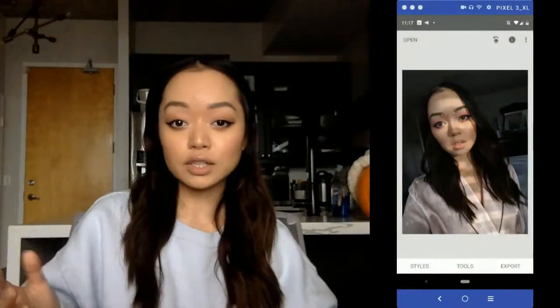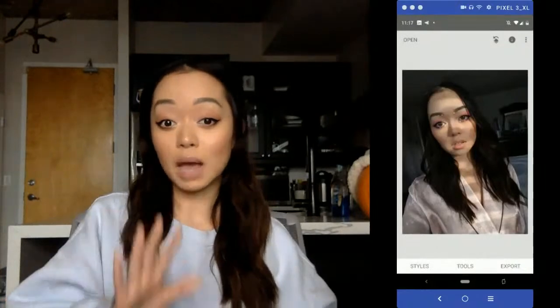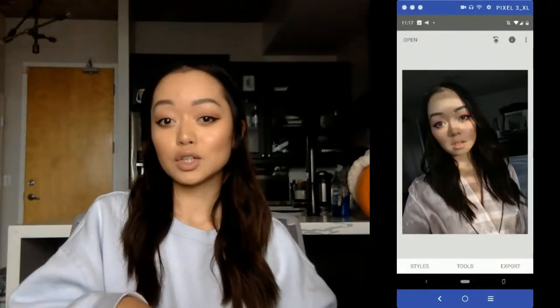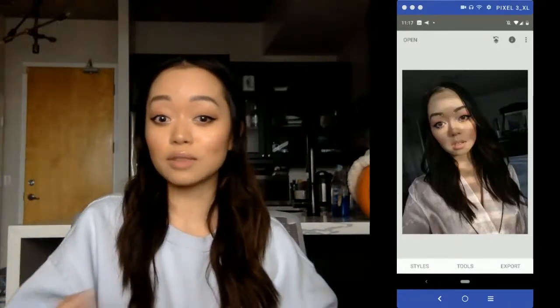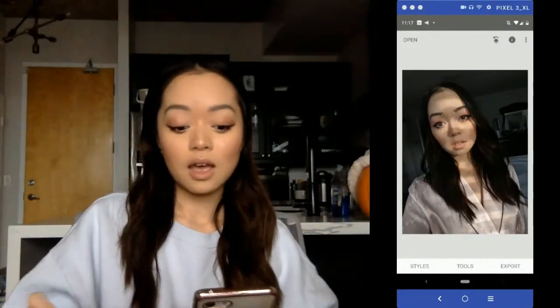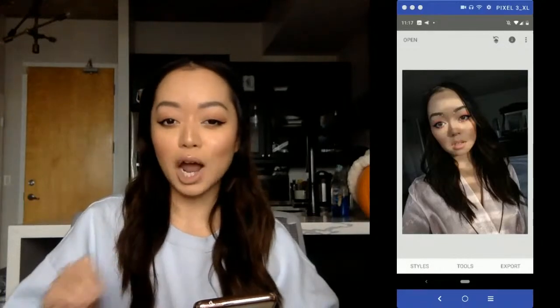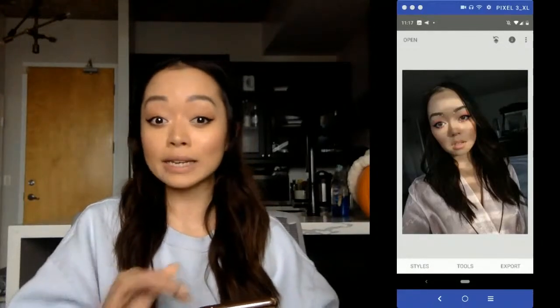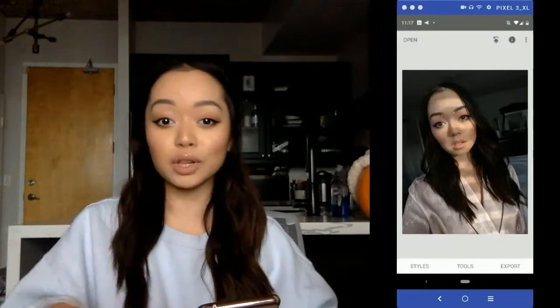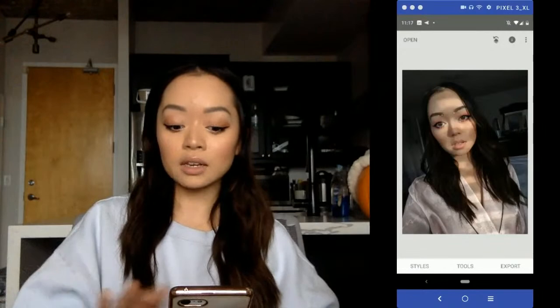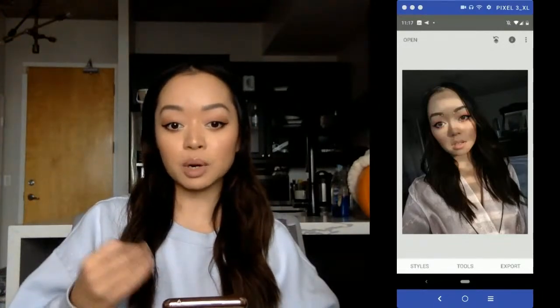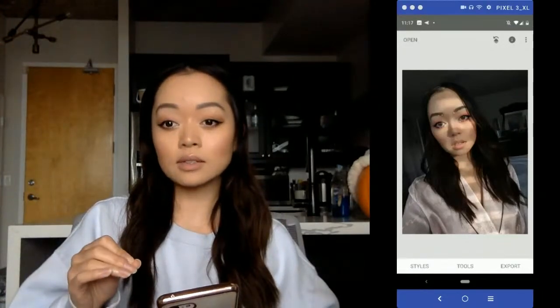And again, if there's other types of edits that you want me to do with curves, I'm happy to do that here, but I'm just showing you some really simple different types of edits that you can do with one feature within Snapseed. Which is why I love curves, because it's such a powerful tool. You can pretty much get any type of edit just all within curves itself. Okay, so with our moody edit, we want our shadows to be more prominent. And